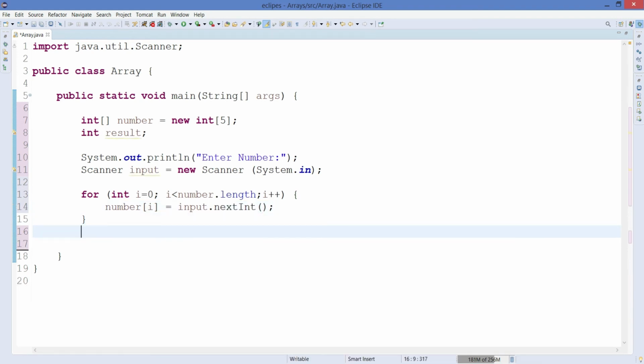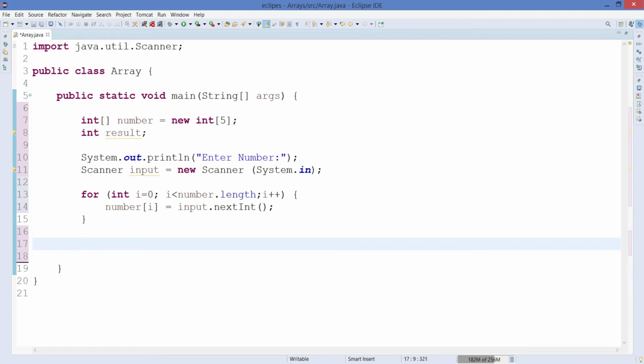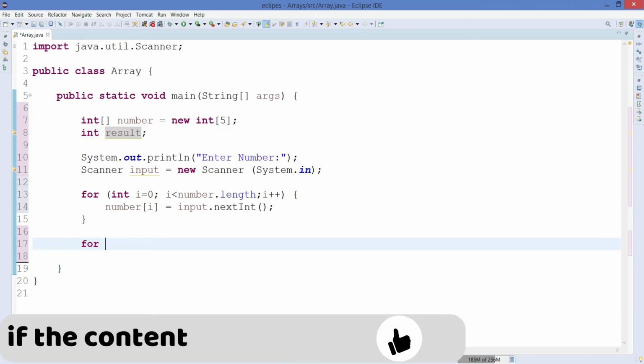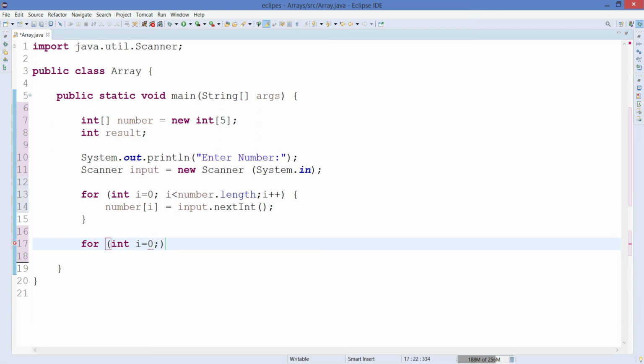After taking all the inputs, our next job is to retrieve the values one by one, sum them up and store the sum inside the variable named result. So for that I will do the same thing. First write int i equals 0, then i less than number dot length, i plus plus,